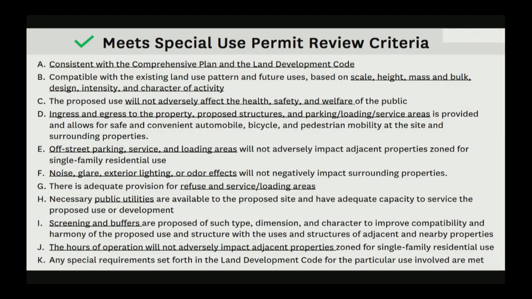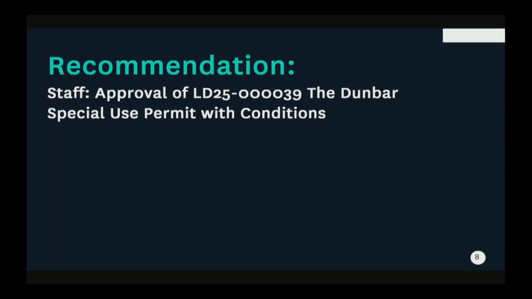Staff reviewed the petition and found that it met the review criteria for a special use permit in section 30-3.24 of the Land Development Code. In 2021, the Plan Board found that the restaurant use was consistent with the surrounding area. The owner can operate the restaurant currently within the regulations of the current special use permit, but of course there are proposals to change some of those conditions, mainly the seating limitation and I believe the hours as well. More details on the petition meeting the review criteria can be found in the staff report.